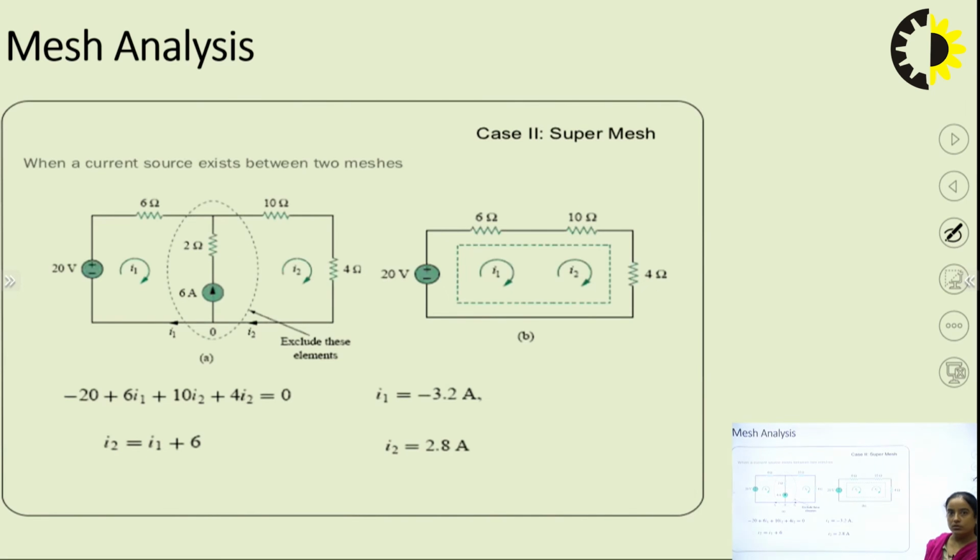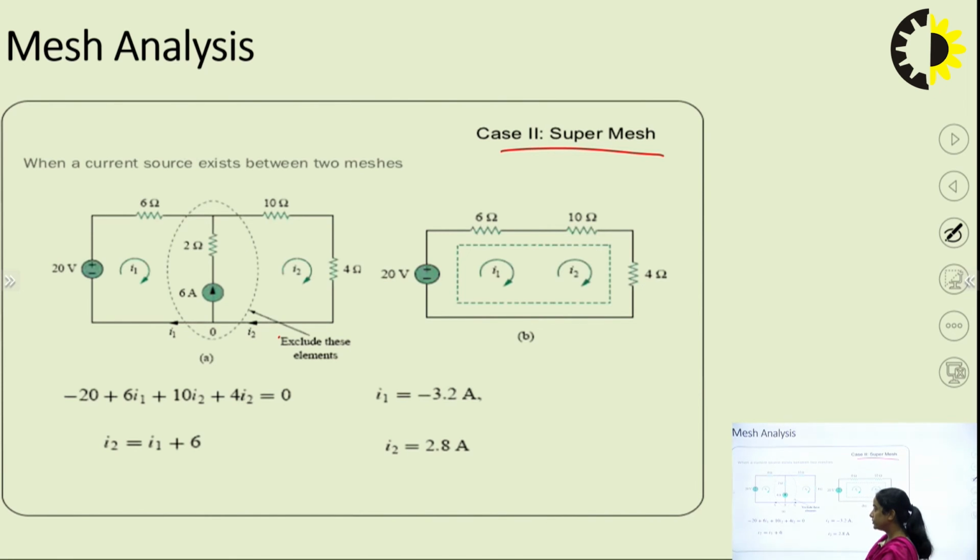Okay, so the second case, the case of the super mesh. What is the difference? Here, in the adjoining branch a current source is there, so how will you write the KVL equation? It is not possible to write the KVL equation. Then can you apply source conversion? You cannot apply source conversion, because this is a current source and in series there is a resistance. So then how will you write mesh equations? See, you will have to